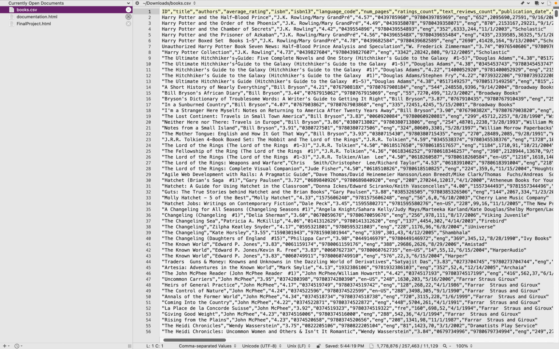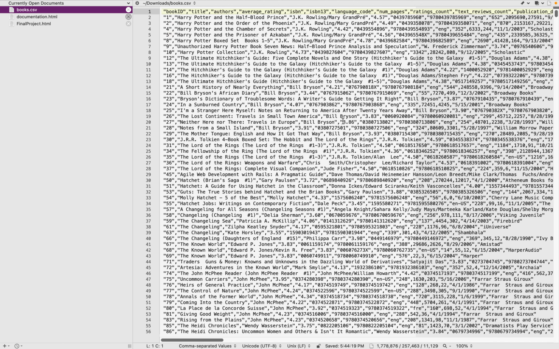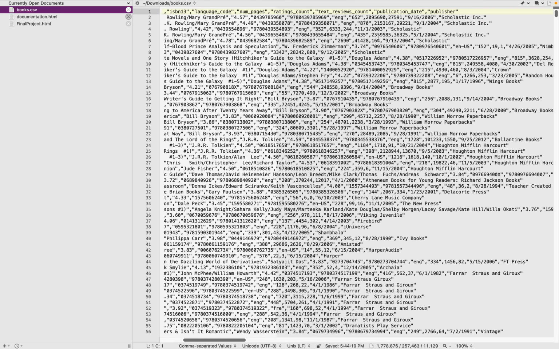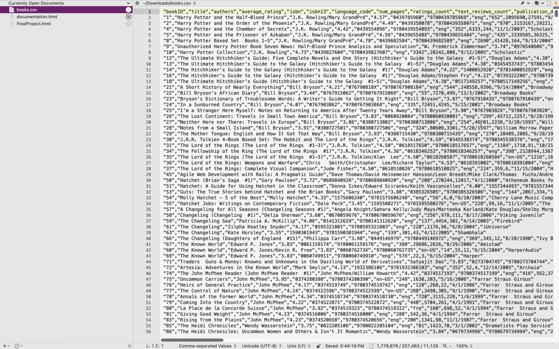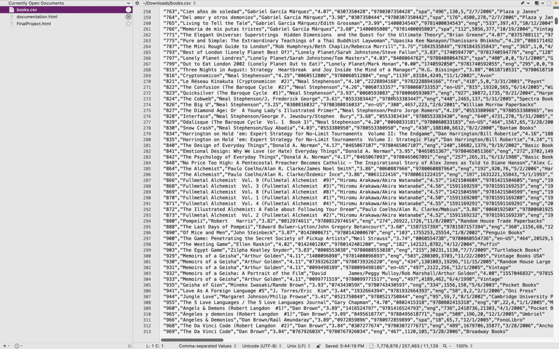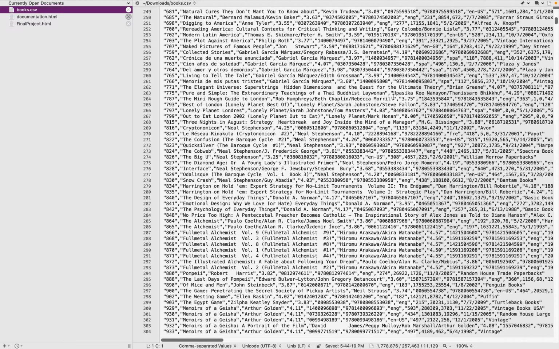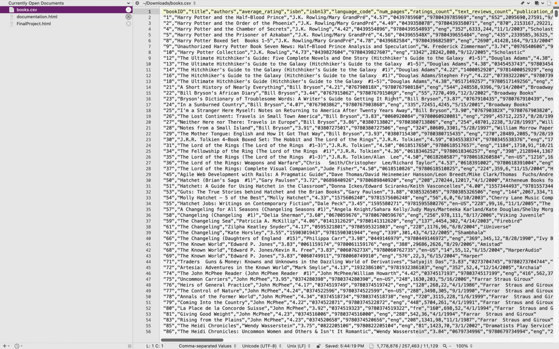Like most projects, we begin with the data. And this here is a data set that details all of the books on the Goodreads app. It details the book title, the author, the average rating, the book's ISBN, number of pages, how many ratings the book has, how many text reviews, the publication date, and the publisher. So it really gives you a broad scope about all these different types of books that are on the Goodreads app. And so for me, looking at this, I wondered